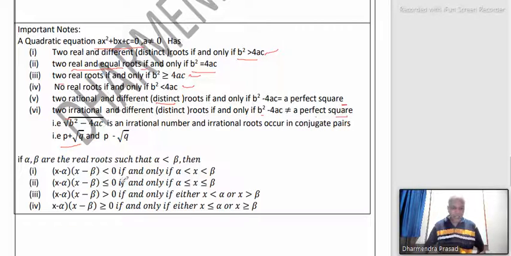And this is the condition: x minus alpha times x minus beta is less than 0, and x minus alpha times x minus beta is less than or equal to 0. And x minus alpha times x minus beta greater than 0 is the condition x less than alpha or x greater than beta. The same condition which I discussed in question number 4. It holds if and only if x is less than alpha and x is greater than beta, meaning your value of m is less than minus 3 and greater than 3. We have gotten this value from this condition. Okay, this part is clear.